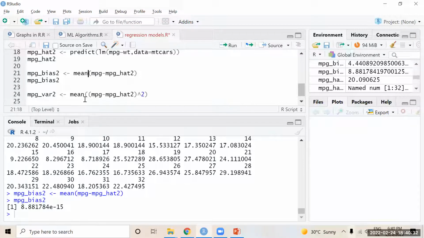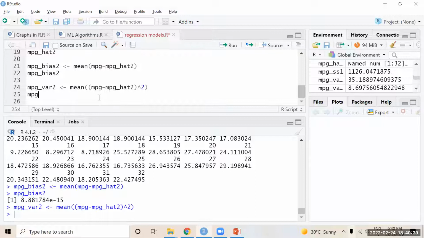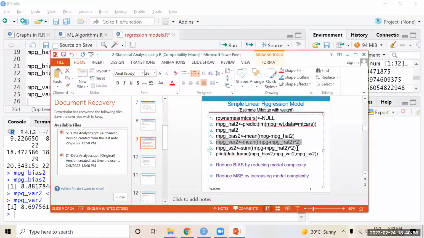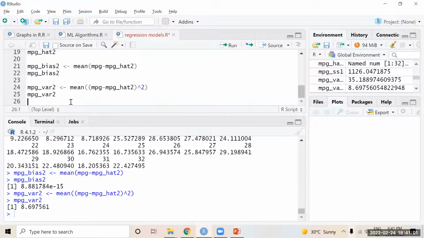For that, the mean over the total observations, 32, I am storing in a variance, MPG underscore VAR2. It looks almost the same. Whether you square the differences or not, the variation is almost the same, so there is still no big difference between metric 1 and metric 2.